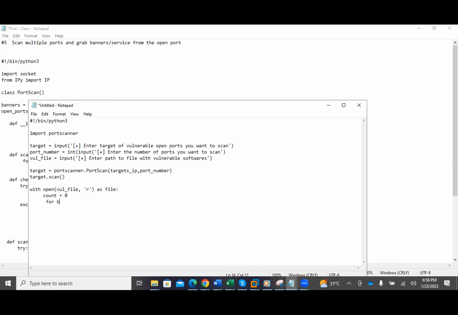So for banner in target.banners, file.seek(0). For line in file.readlines, if line.strip() in banner,